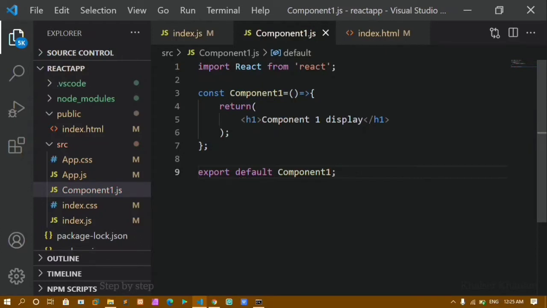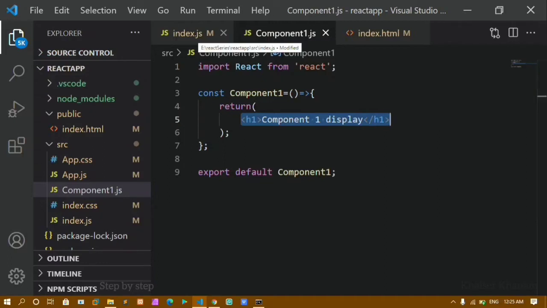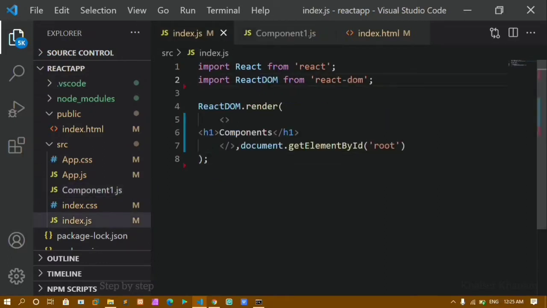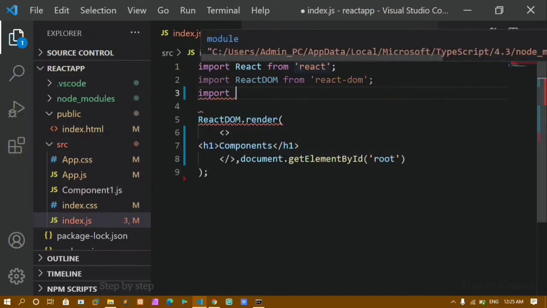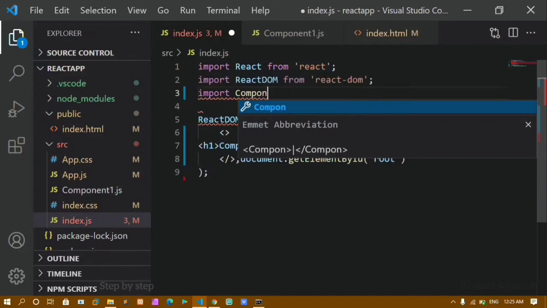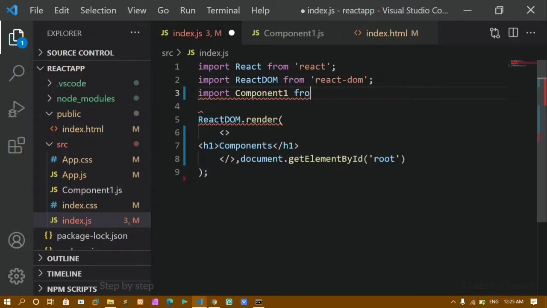I'll save this. Once you have exported this component, you have to import it in whichever file you want to use this component and its data. If you want to use it in other files, you have to import this particular file. Inside index.js, I want to use this one, so I'll be importing it. I'll write import and then the function name. You can give any name here, but for convenience I'll write component, from